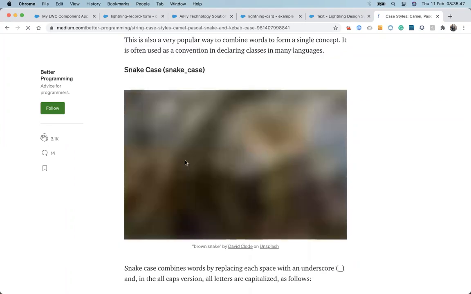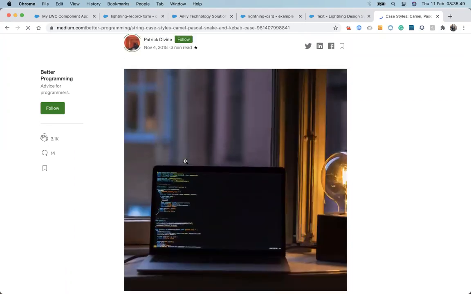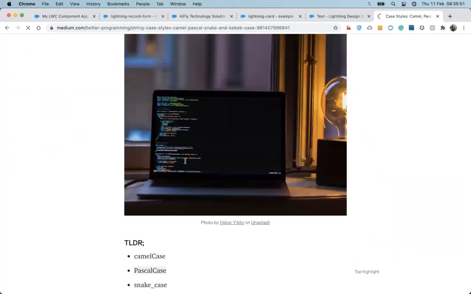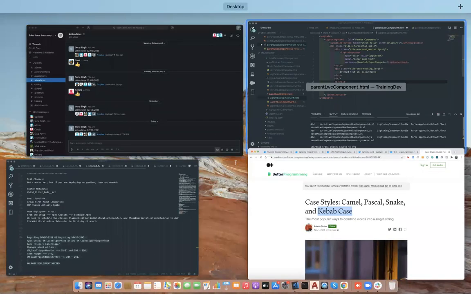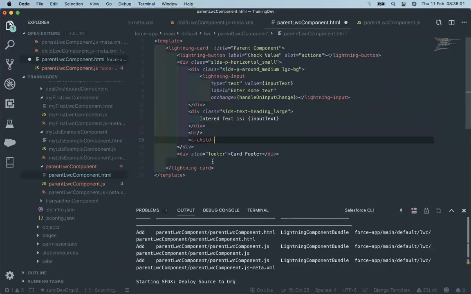So these are the four cases usually available in development: camel case, Pascal case, snake case, and kebab case. Lightning components use the kebab case, so every capital is replaced with a hyphen.